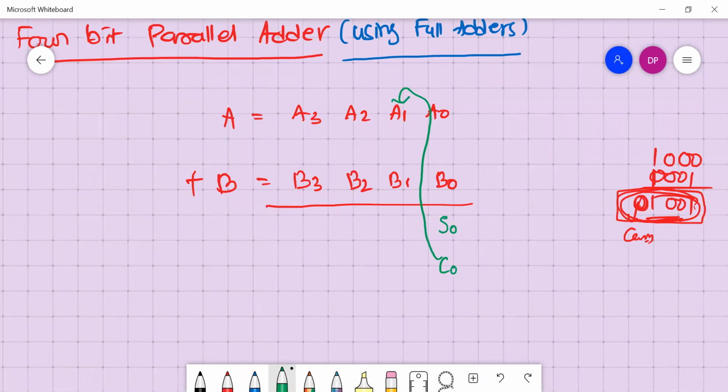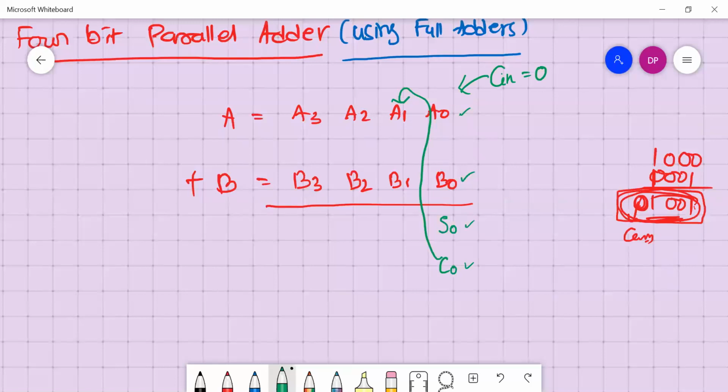The first addition is of these 2 bits, and as I'm using a full adder, I require a third input also, which is C in. Here, any previous carry is not there, so I will consider it to be 0 for the first instance. So C in is 0, plus A0 plus B0. Whatever I get is sum S0 and carry C0. So carry 0 will come here.